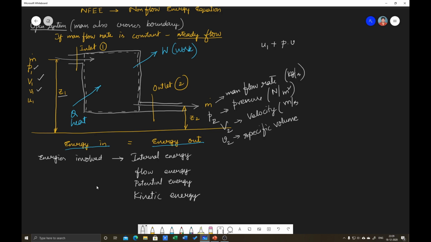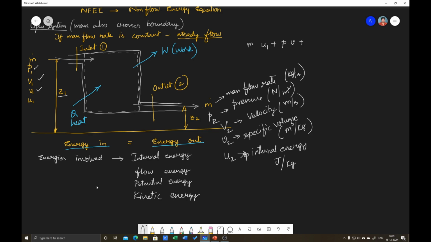Pressure is in pascals, which is Newton per meter square. Velocity is meter per second. Specific volume is meter cube per kg. And also u2, which is internal energy. Here small means specific internal energy, that is internal energy per mass, joule per kg. So internal energy is u1 at the inlet, specific internal energy, flow energy is P into v, specific volume, plus